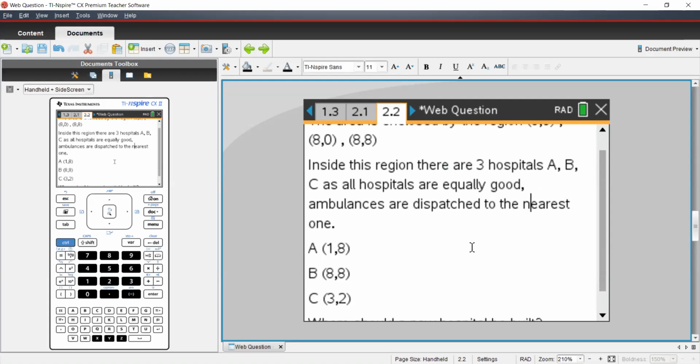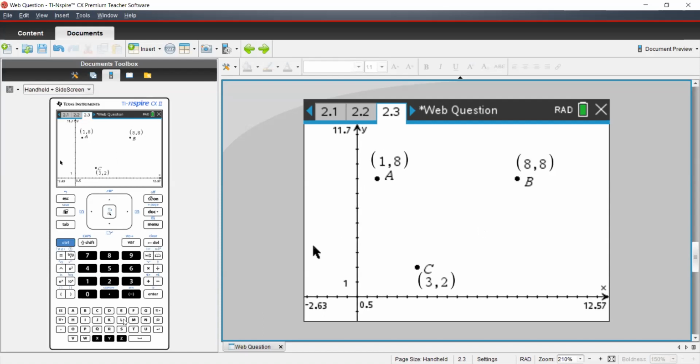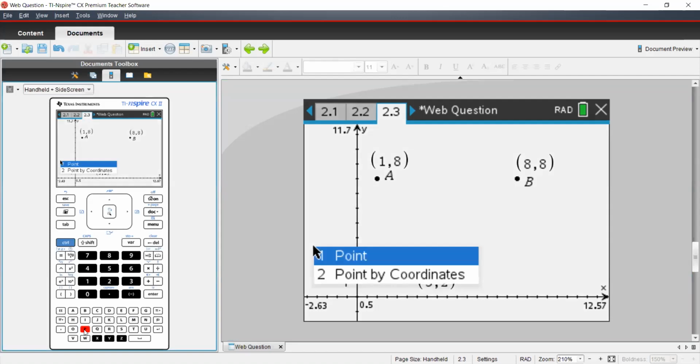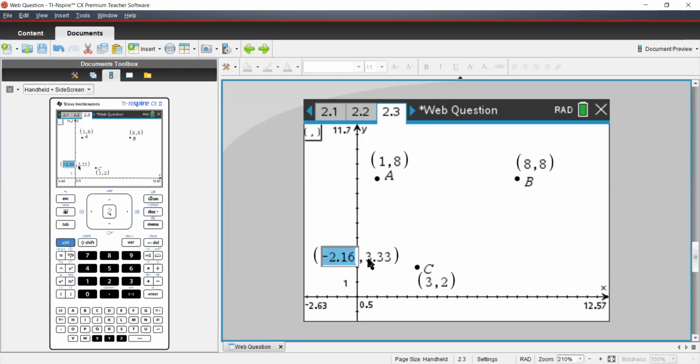So the way we do this is nothing but drawing the perpendicular bisectors. So let's have a look. For that, we will draw these Voronoi diagrams on the graph page. I have put these points earlier. How to put the points is, when you are on the graph page, just press the P key. Since you have the points, you can select the point by coordinate, and whatever the coordinates are given to you in the question, you can write over here, and that point will move to the defined location.